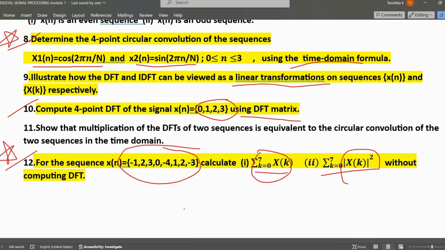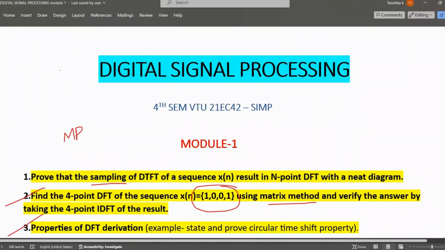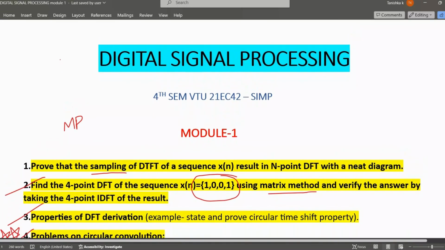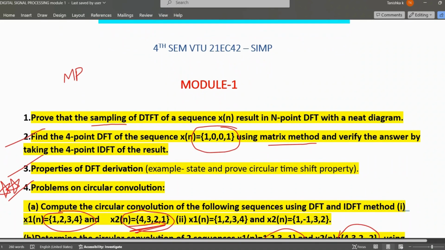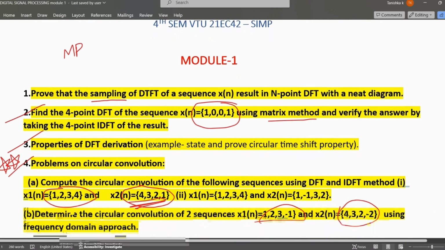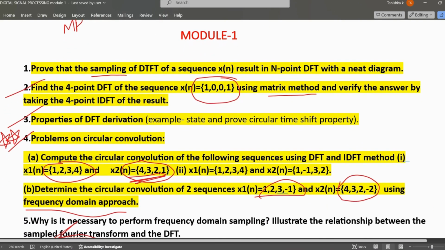Okay, so see here, some questions I have highlighted in yellow. So those questions are very important. Okay, so study all these questions, see carefully, go through the concepts of all the questions properly, study well,